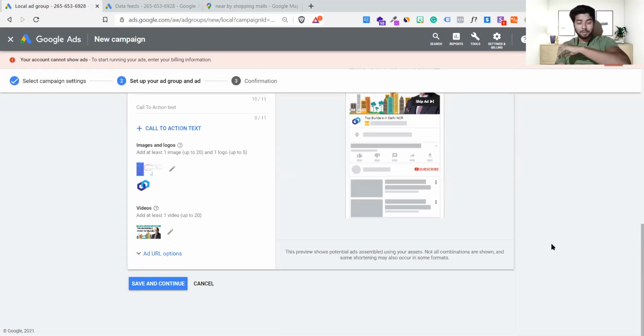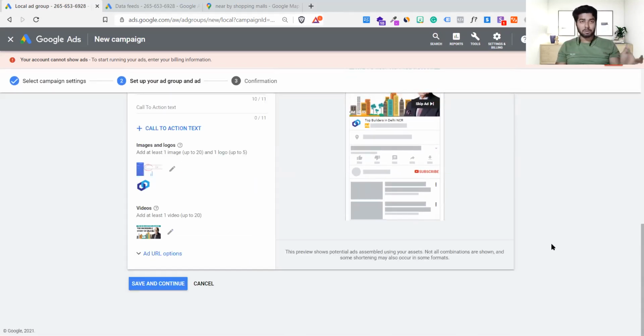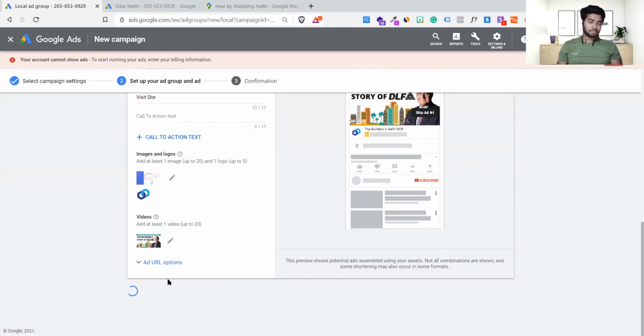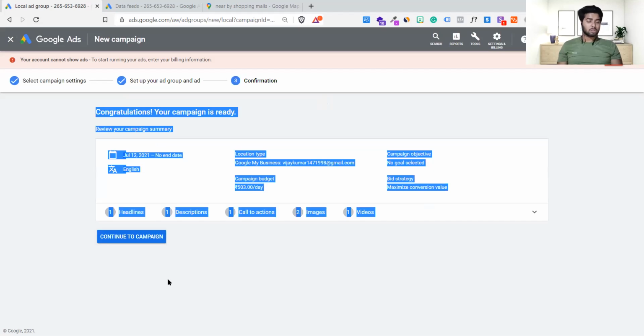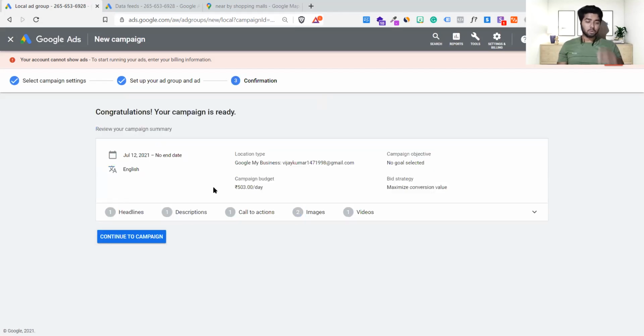Unlike the other campaigns we have created, where we don't have any kind of control, it was simple: just give the links and names, it automatically fetches and creates, done. But it's not like that here. You have total control. If we want to exclude YouTube ads, you can. It's up to you where you want to change it.